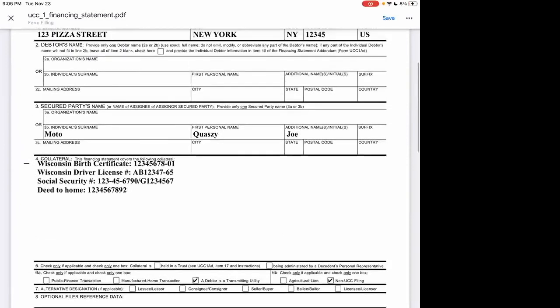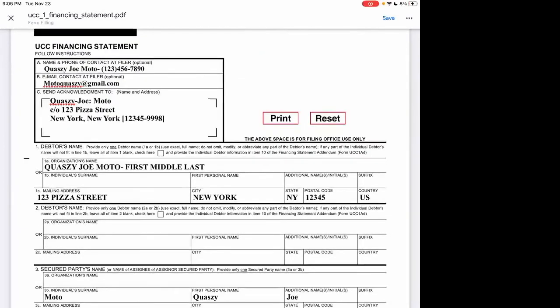Yes and no. What I mean by that is, this is the face cover of everything that you're going to be using. So this goes on top, and then everything else you have goes underneath. Yes, this document is what you'd be using, but it's in conjunction with your warranty deed or the title to your car. You're going to be placing an actual physical copy of the document underneath this. You're going to be placing that on public record.